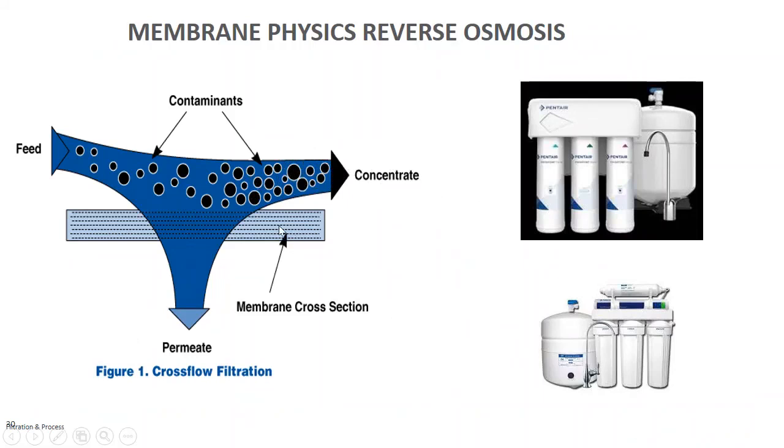Okay, this is basically nothing more than a colander at the water-sized level. And you will occasionally get a long compound that's the right shape to slip through, kind of like the spaghetti sticking through a hole in the bottom of a colander. That sometimes happens with RO membranes with long molecules that are about the width of a water molecule, and they can slide through sometimes too. That's why you get percent rejections. But this rejects the vast majority of